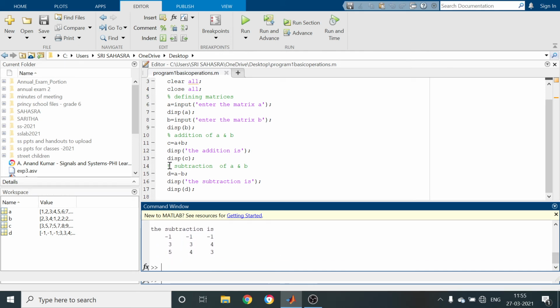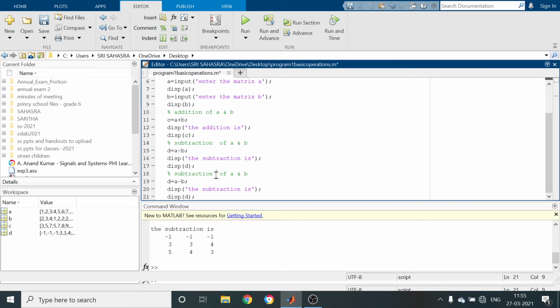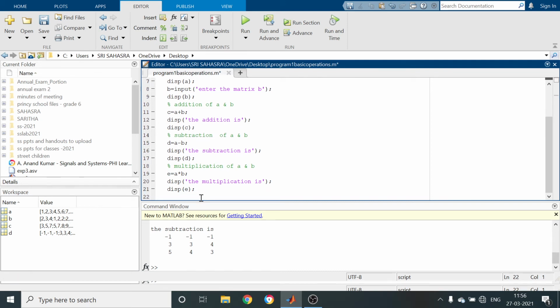Similarly go for, just I am entering all. Then I will run the program. Control copy, Control V. Multiplication of A and B. Just I am going to store in another variable. Let it be E. For matrix multiplication, just use the star operator. So here I am going to write display multiplication is disp. What is the variable? In which variable we stored? In variable E.